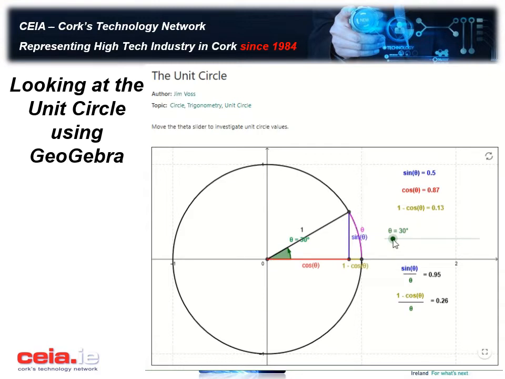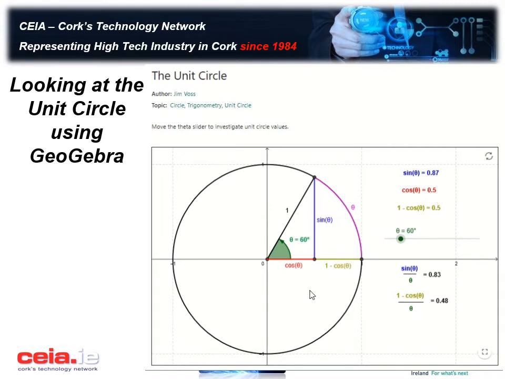Okay, and we can just see as we increase the angle from 0 to 90 degrees, the value of cosine is decreasing and the value of sine is increasing. It's kind of difficult to get exactly on specific angles, but if you can get it on 30, 45 or 60, you can see some cosine or sine values that we would recognize, especially in this case cosine values. So at 60 degrees we can see that the cosine of 60 degrees is 0.5